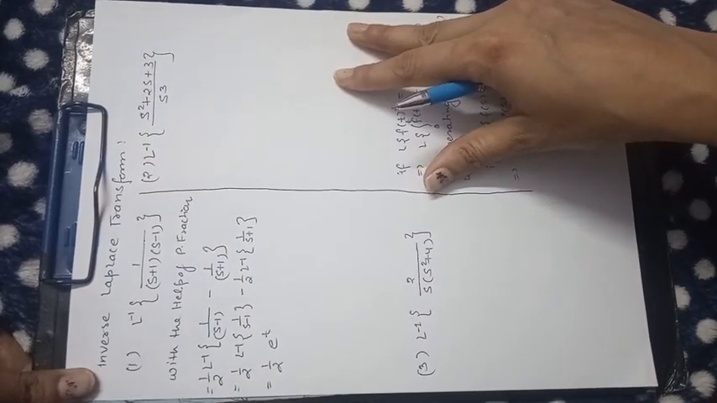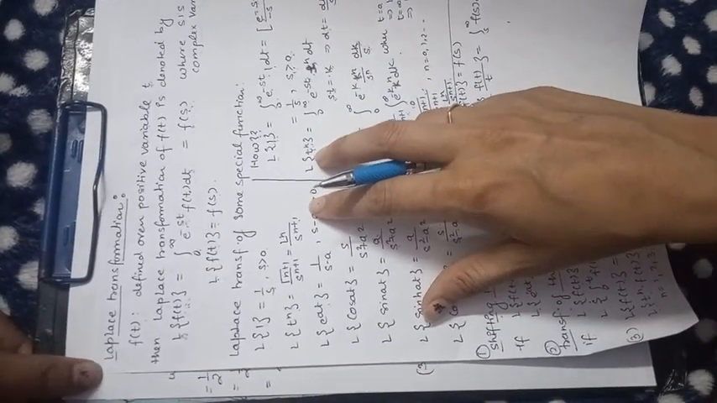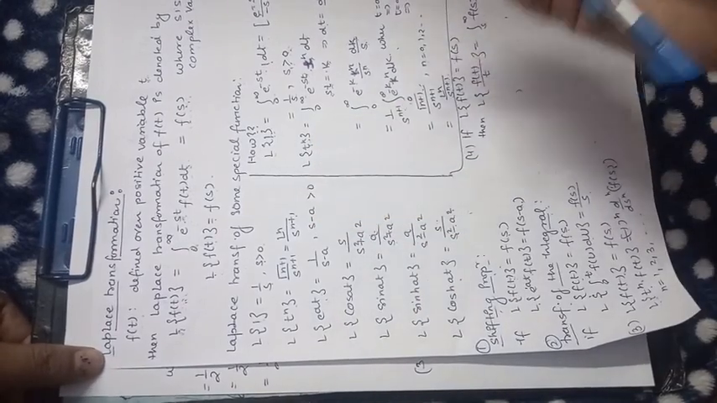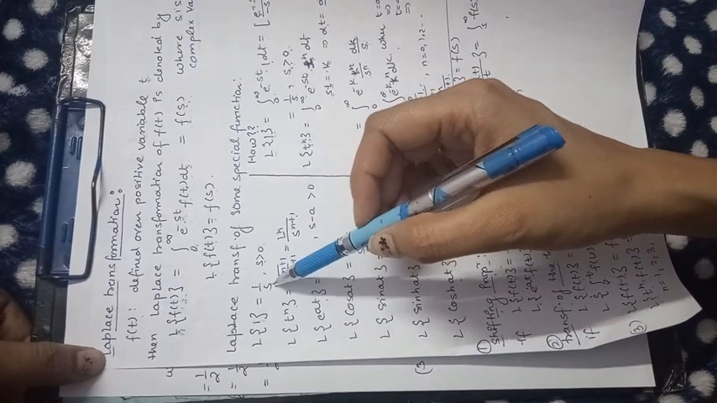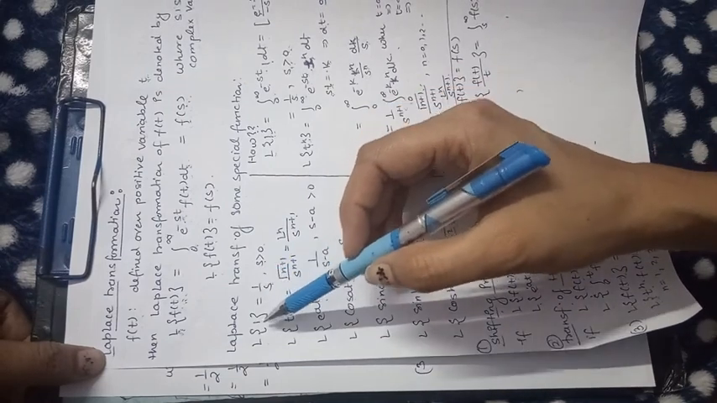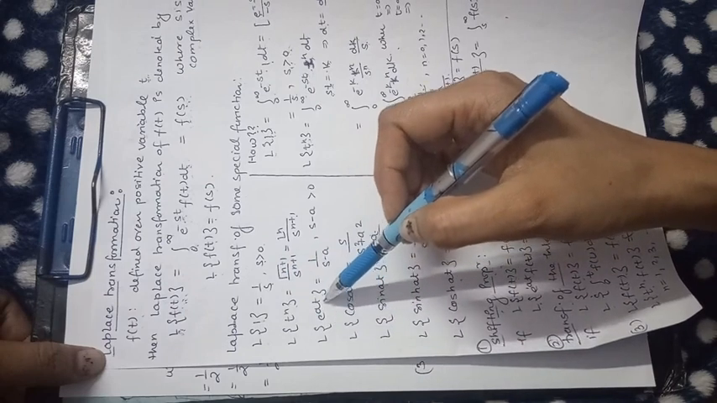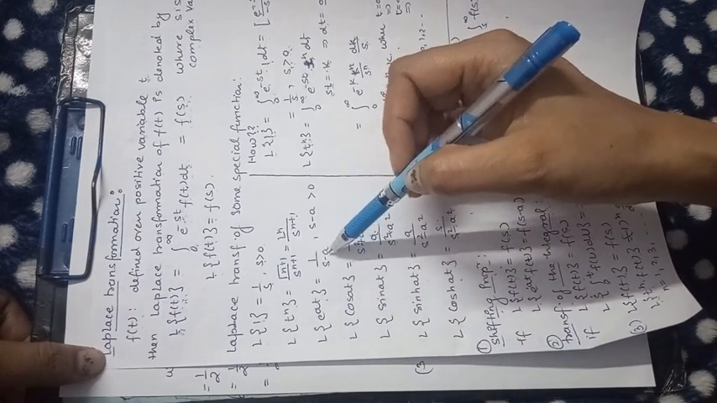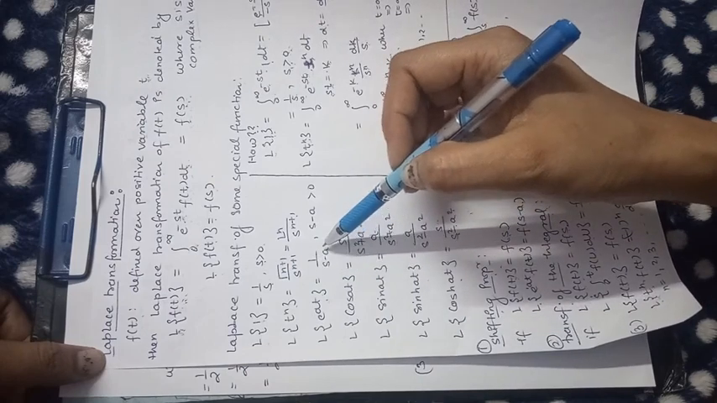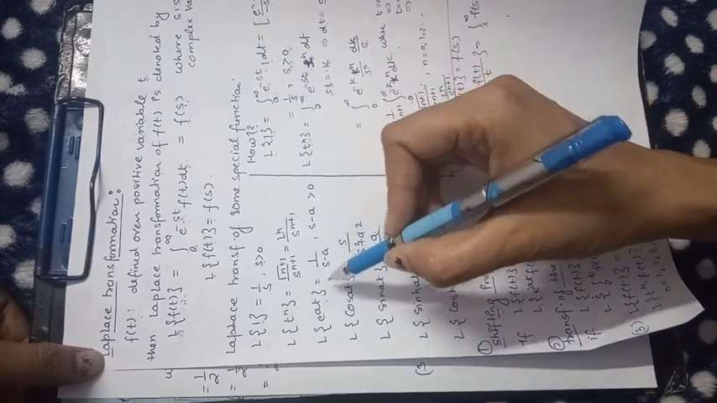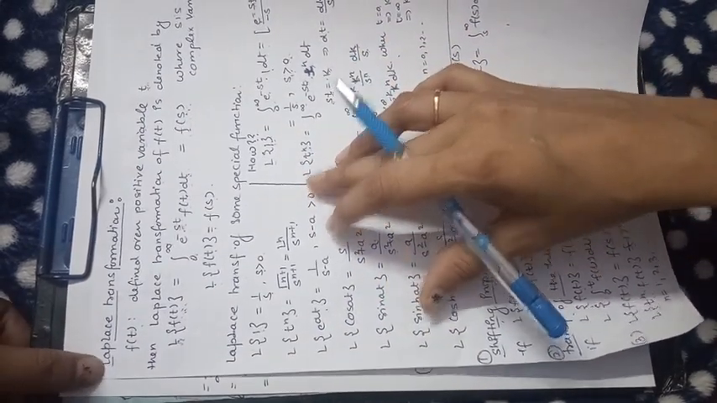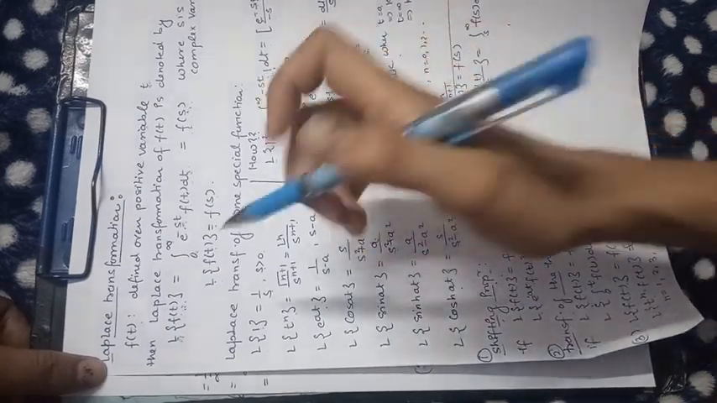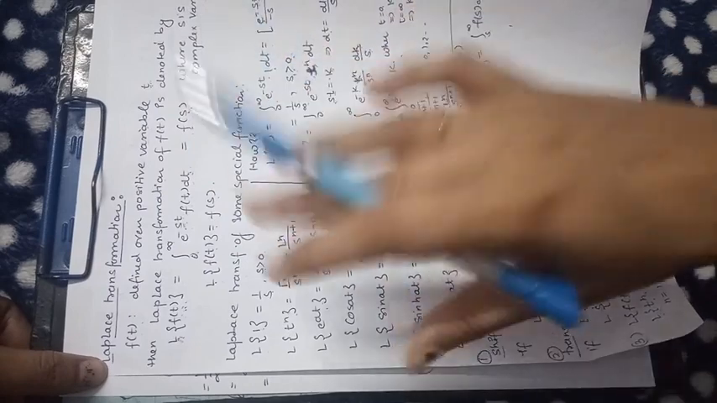Inverse Laplace transformation. All those formulas which you use to find Laplace transformation are also helpful to find the inverse Laplace transformation. Like if the Laplace transformation of 1 is 1 by s, then the inverse Laplace transformation of 1 by s is also 1. Laplace transformation of e raised to power at is equal to 1 by s minus a, then the inverse Laplace transformation of 1 upon s minus a is equal to e raised to power at. That means all those formulas which you see in Laplace transformation are also helpful to find the